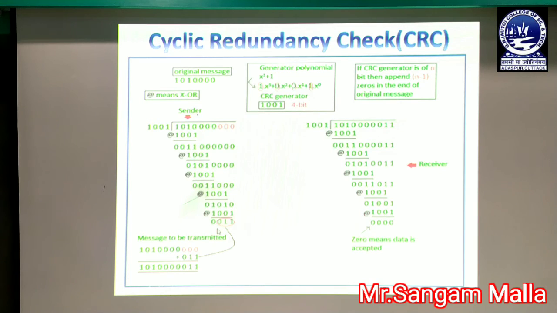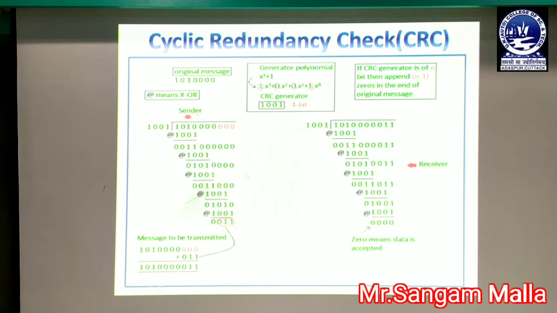In this way the data has been formed and you can see the remainder is 0011. So 0011 is being added to the original data. You can see that here the original data is this one and 011 has been added to the original data. So this is the original data at the sender side, and when it is received at the receiver side, the remainder is added automatically at the end of the original data.